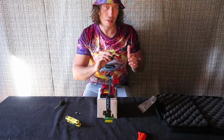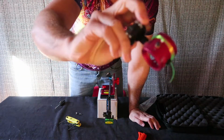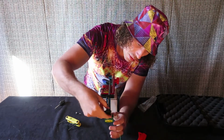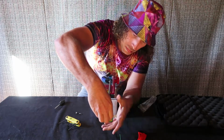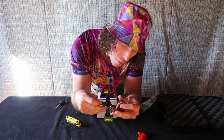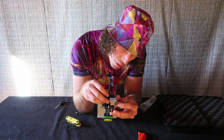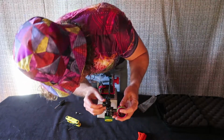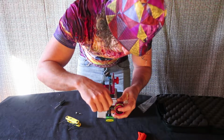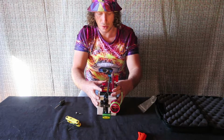To get your second axis going, we need our scope and the bubble on the scope. So you use your bubble, but before I get that to focus in, let's throw it on the scope and get it set up. So we know our first axis is right. So now we've got our first axis. We can use